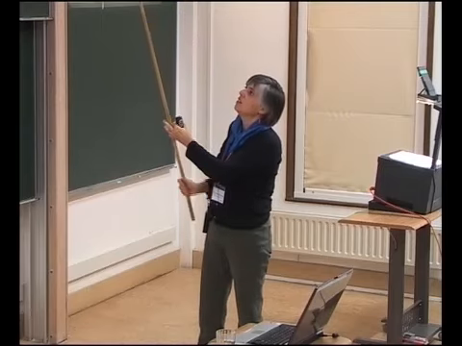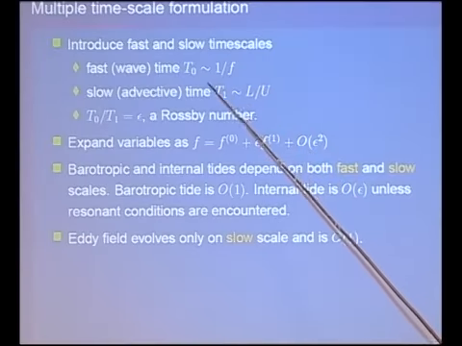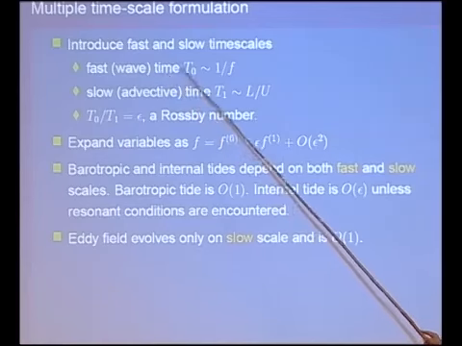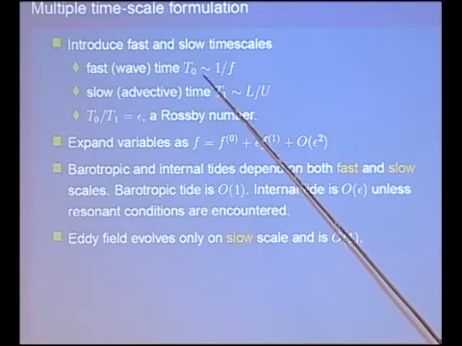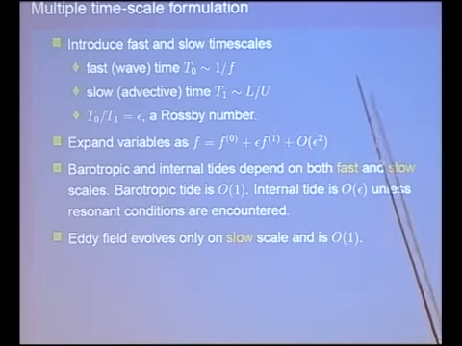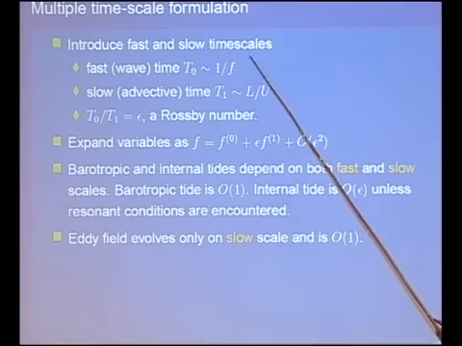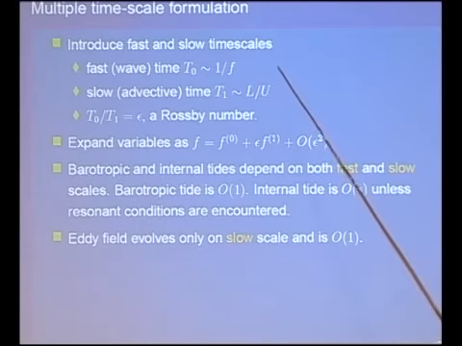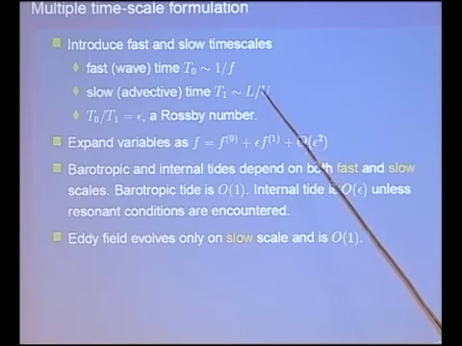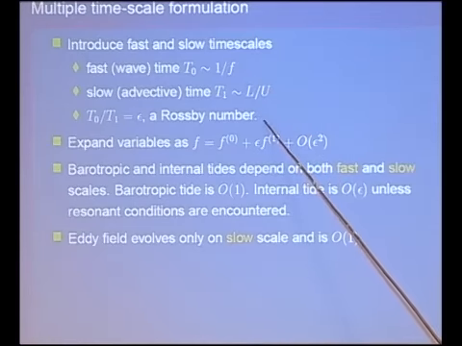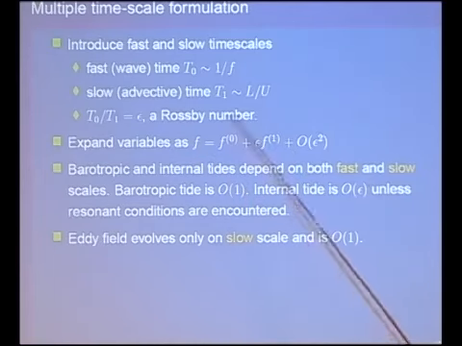All right. So we've decided to formulate this as a multiple scale problem because the eddy field evolves on a very slow time scale. The tide, on the other hand, evolves on a time scale characteristic of waves. So here I've introduced a fast time scale, which is proportional to the inertial time scale. I could have picked the tidal time scale, but the equations simplify. The natural time scale of the equations is this one, and so the equations just work out to be nicer with this formulation.